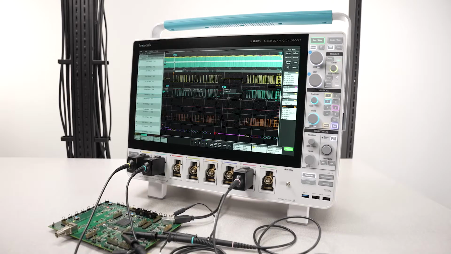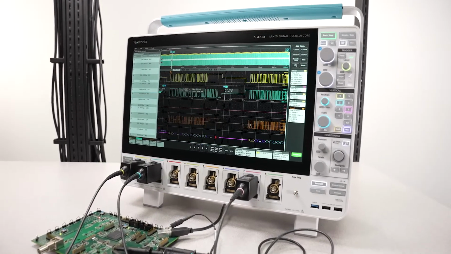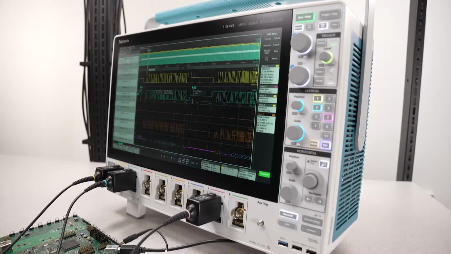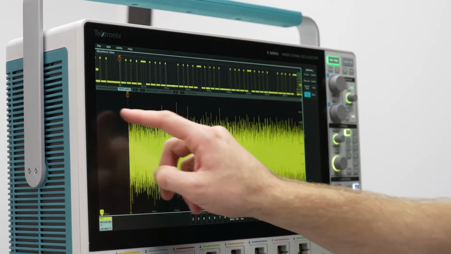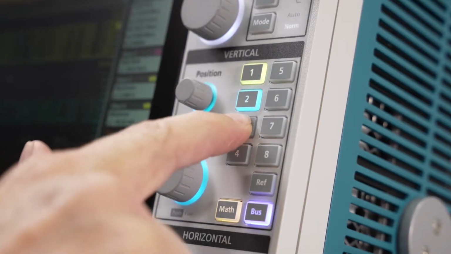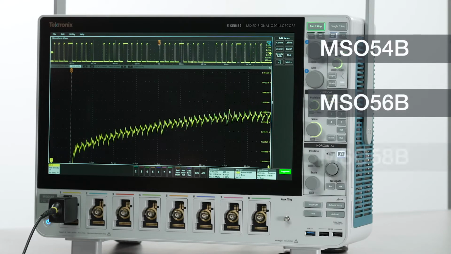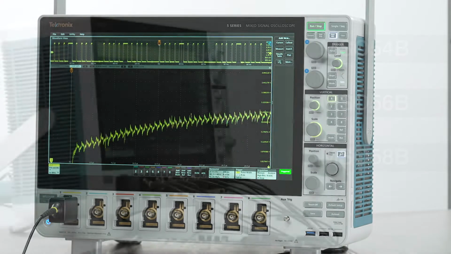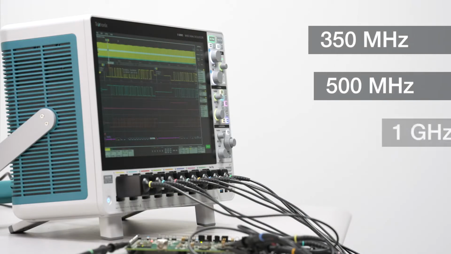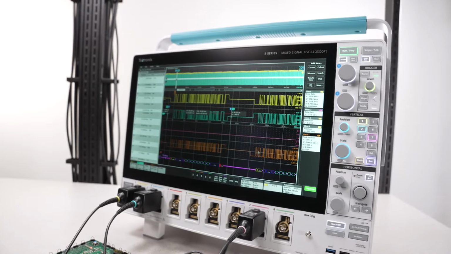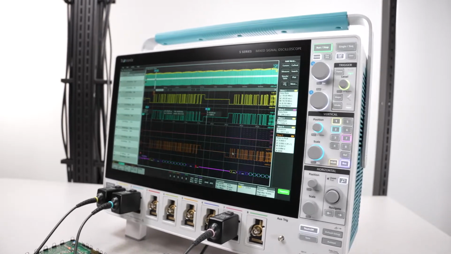Join me for an overview of the Series B MSO, which has a stunning 15.6-inch high-definition capacitive touch display and a user interface that's been designed from scratch to be optimized for both touchscreen interactions and also traditional button and knob control. Available in 4-channel, 6-channel, and 8-channel configurations, with bandwidth options from 350 MHz to 2 GHz. You can capture fast edges with rise times as quick as 225 picoseconds, making this the perfect oscilloscope for use